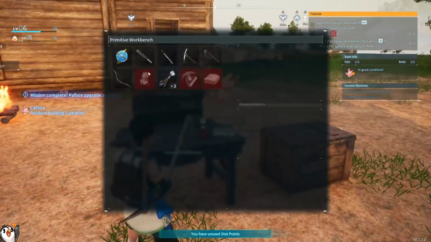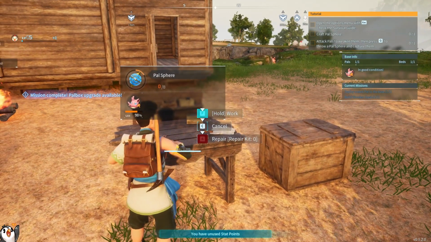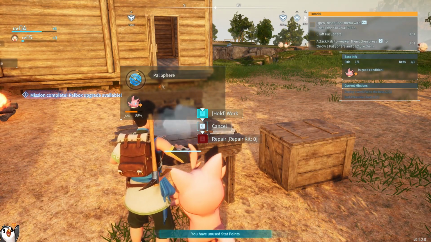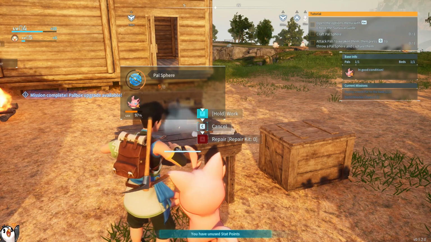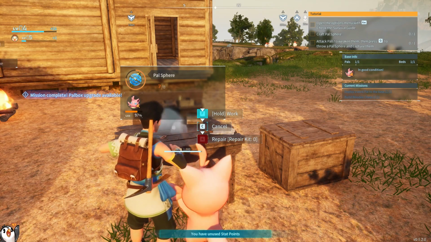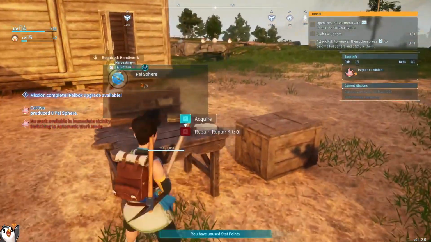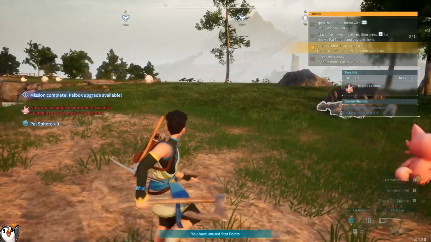Okay, so I'm going to see if I can make some more Pal Spheres, because it's always useful to have them when you're out and about. One good thing to note is that the more of the same Pal that you capture will give you a small XP boost, up to 10, I think. So if you capture 10 of the same, you'll get an XP boost for each of them. After that, it drops off, but it